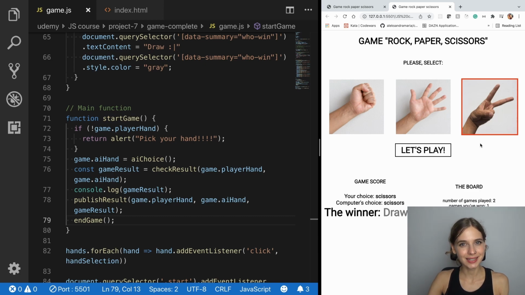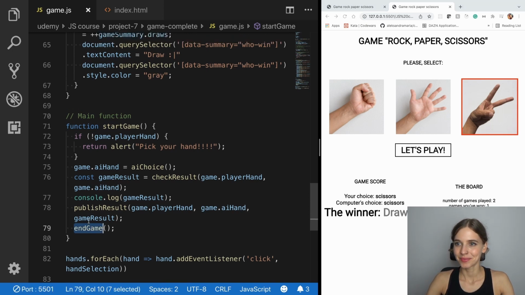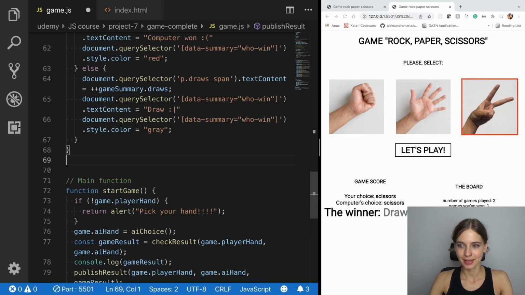It's like resetting the game, but keeping the board updated. So we want every time we hit let's play for the game board to be as we encounter it at the very beginning when we load the page. This is what we want the state to be completely reset. Cool. So we've got endGame executing here,